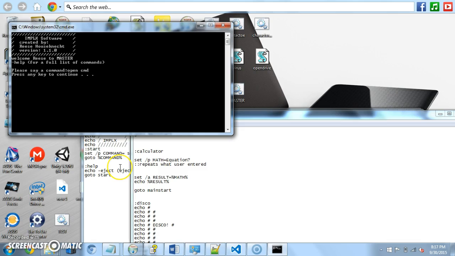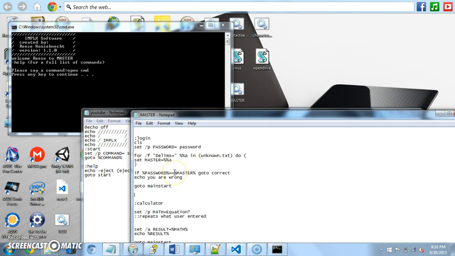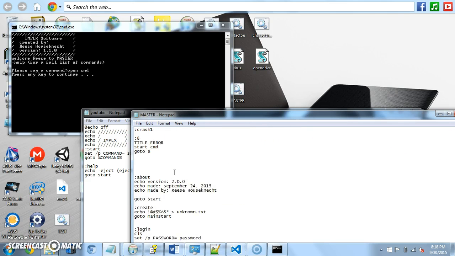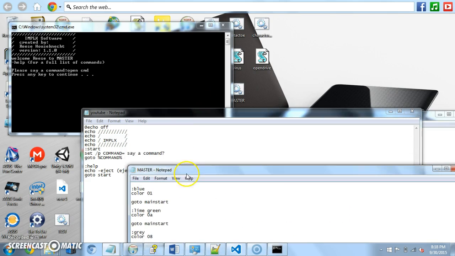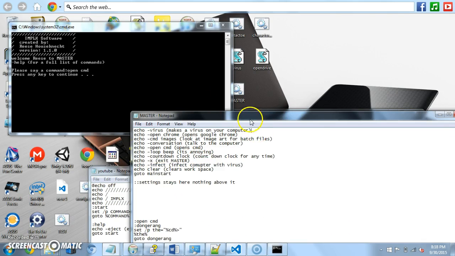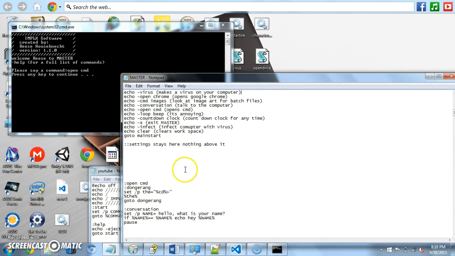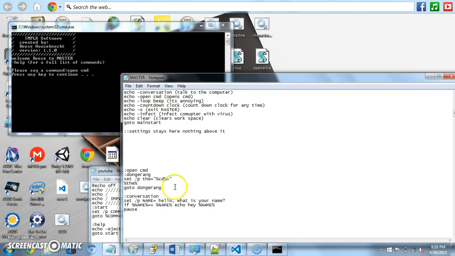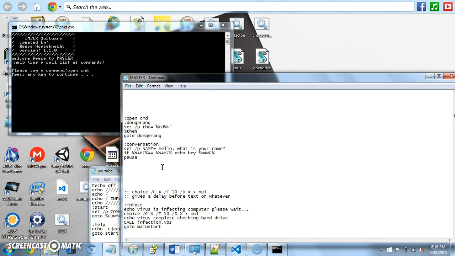And here's another thing for you guys to look for. This is a big problem that happens to a lot of people, not just me. If you don't close things off the right way, it's not gonna work the way you want it to. So let's go to OpenCMD, go to. Now it's closed off, but what it's opening